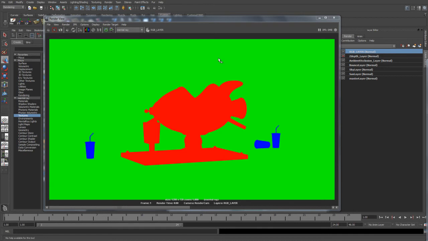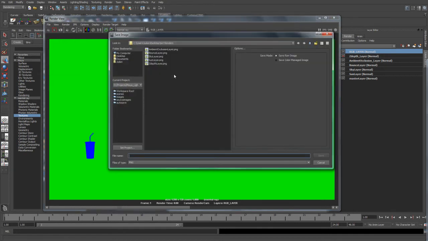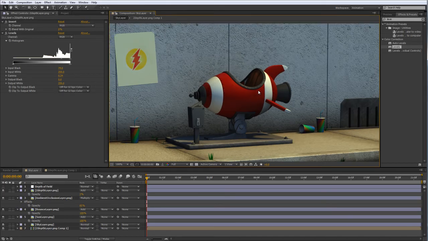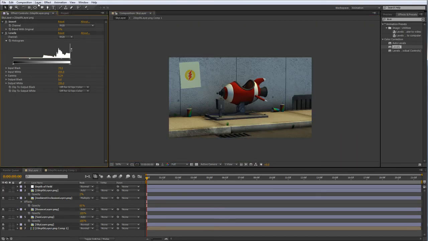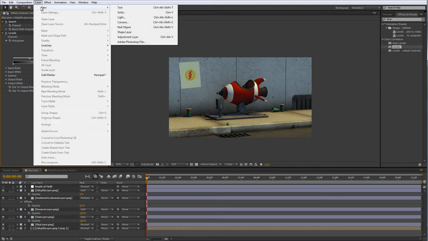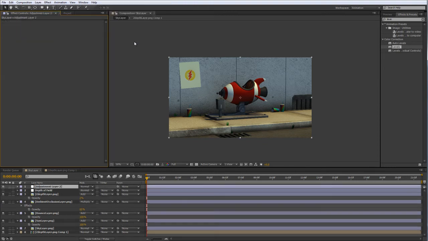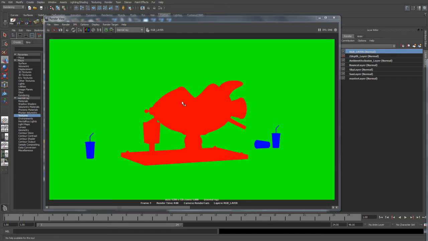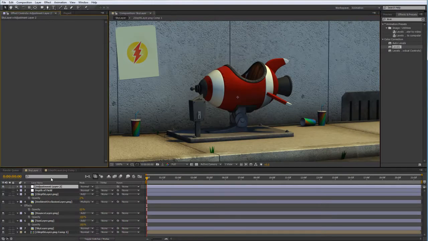Alright, so this is how our RGB layer comes, and let's go ahead and save this out. RGB layer. Now what does this do? It allows us to isolate certain objects in post-production. So let's go ahead and go to layer, new adjustment layer. So let's say I wanted to adjust the colors just on that rocket. Well, since I've already added the shaders to this rocket, we can go ahead and